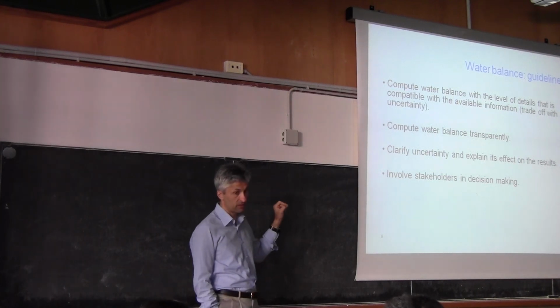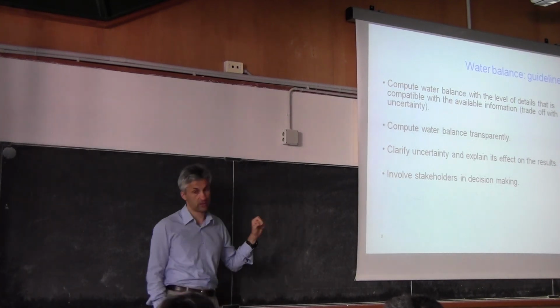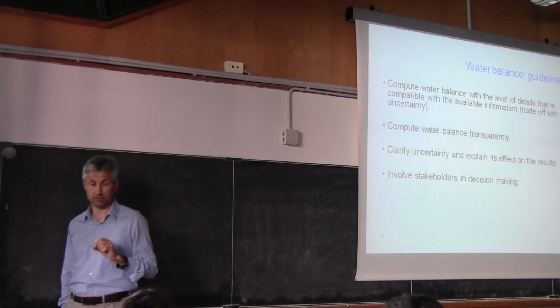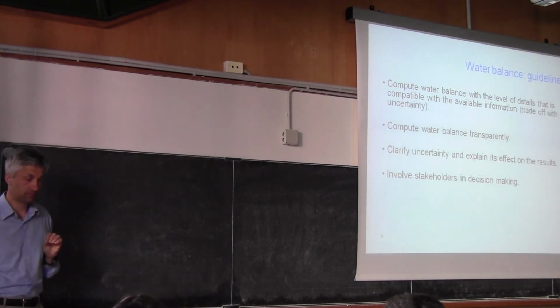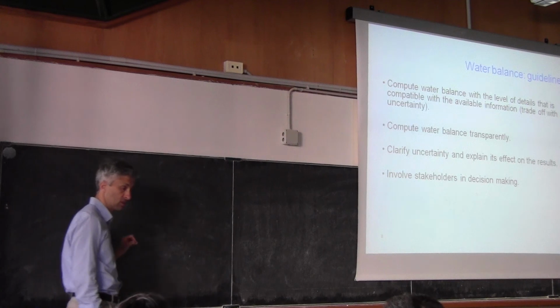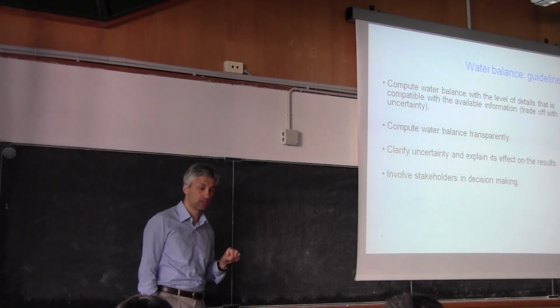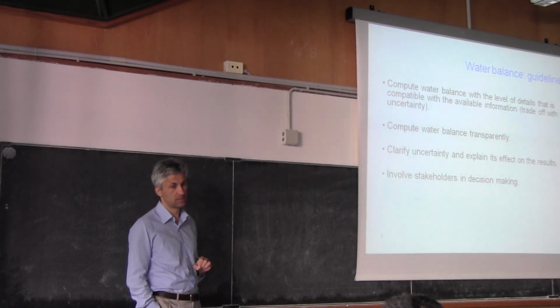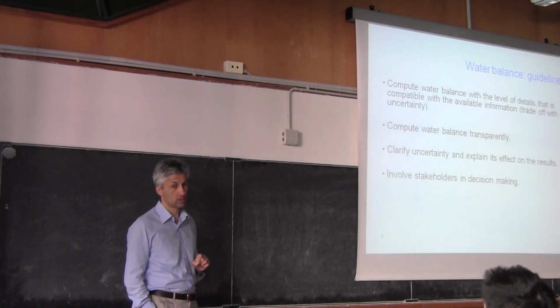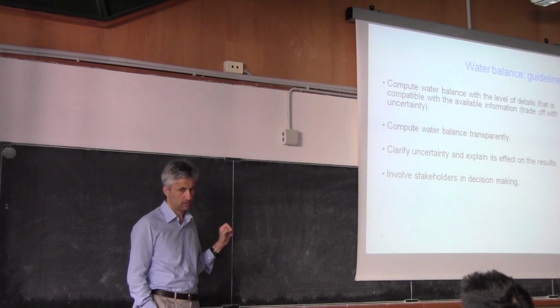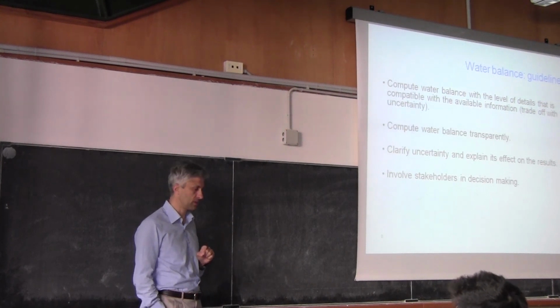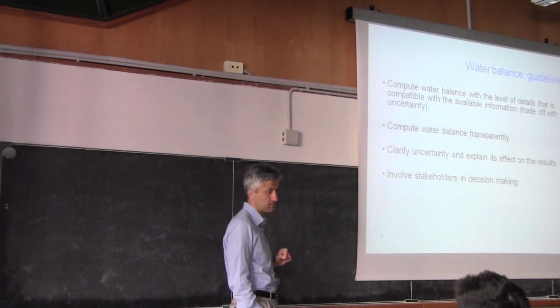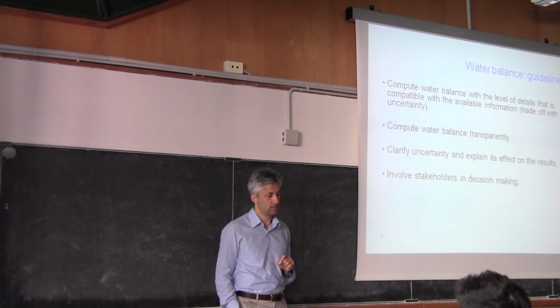If you have the data and find a solution, but with a lot of uncertainty, then it's dangerous to try to reproduce fine details. If you have a lot of uncertainty, it's better if you use robust models. Robust, I think I already defined what it means. Robust means a model that